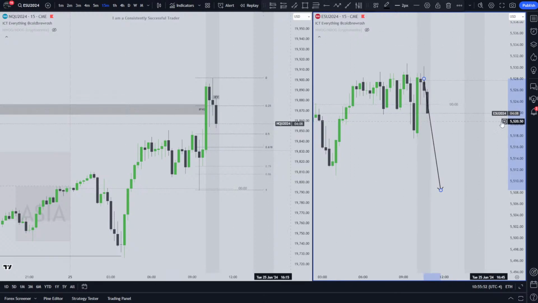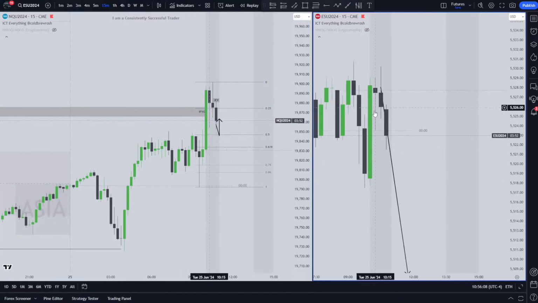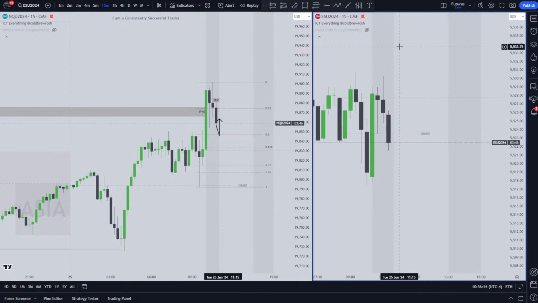So realistically, the best case scenario right now for me is it touches 50%, and then this candle here retraces back up and closes nicely and respects this gap. And then this candle here, either closes above this gap or above midnight, that type of thing.